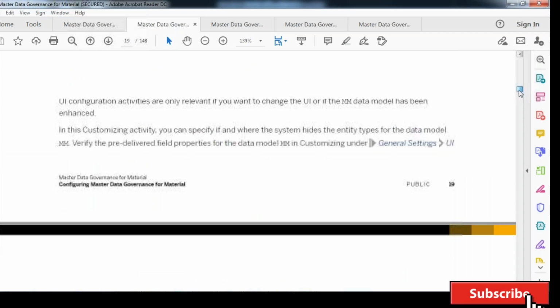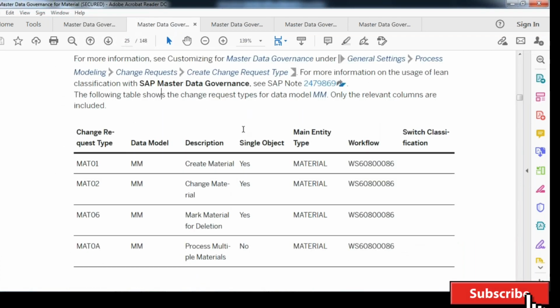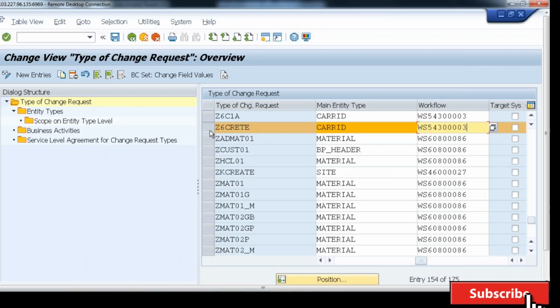Page number 27. Okay, sorry, page number 26. And this is the 26, 25. So MAT 01 change request type. MAT 01 and 02 are for create, change, mark for deletion. Now go back to the screen. Now here, similarly, if I quickly see those details,